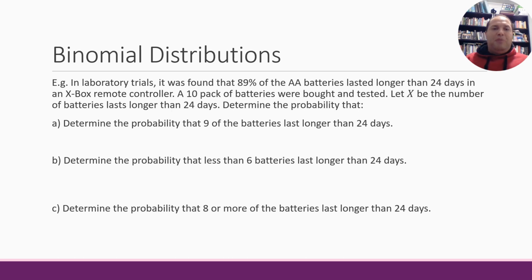All right, so reading this problem, a couple of things stand out. There's our p-value, 89%. So our probability of batteries lasting longer than 24 days, our probability of success, is 0.89, and sneakily tucked away in the middle of this paragraph, my number of trials is 10. I bought a 10 pack of batteries, so there's 10 batteries I'll be able to trial and work out,